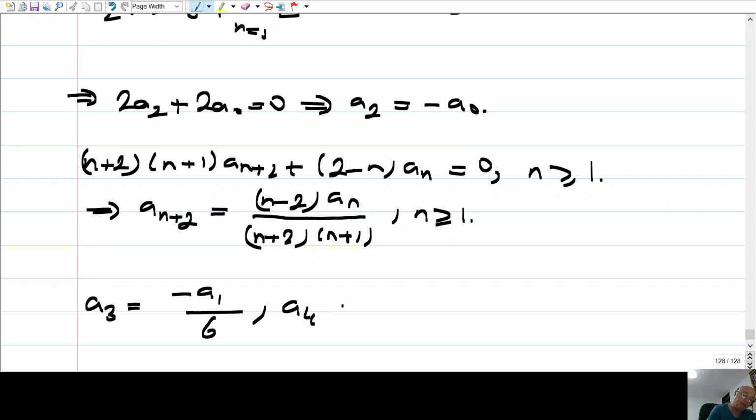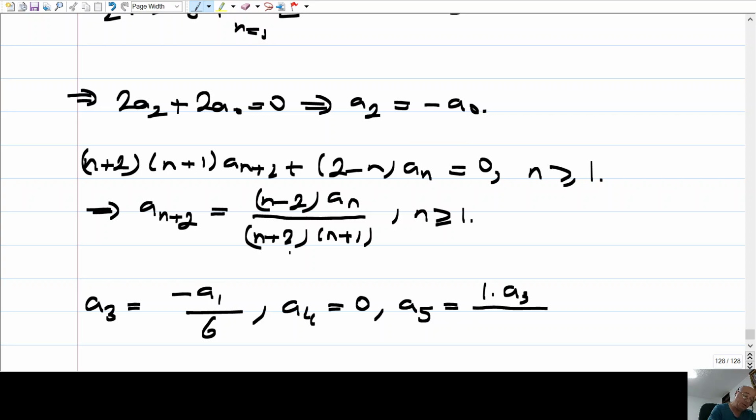Alright, what about a4? a4 is just, so n equals 2. When n equals 2, you just get 0 here. And then a5, so n equals 3. When n equals 3, you get 1 times a3,